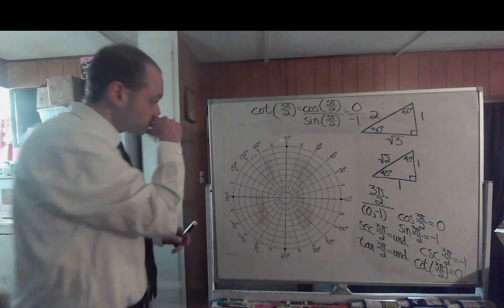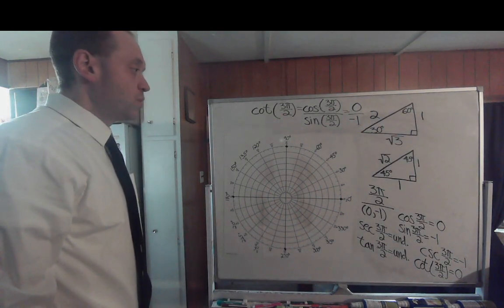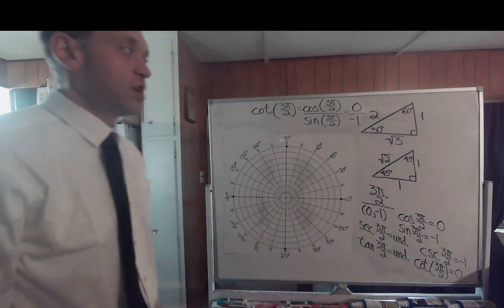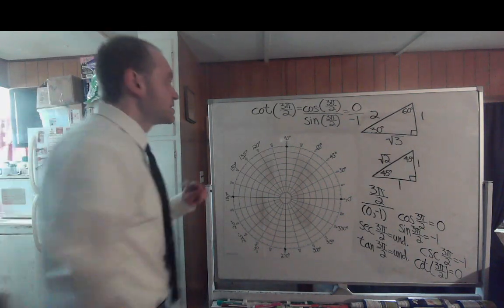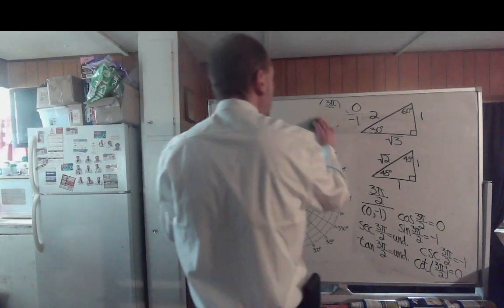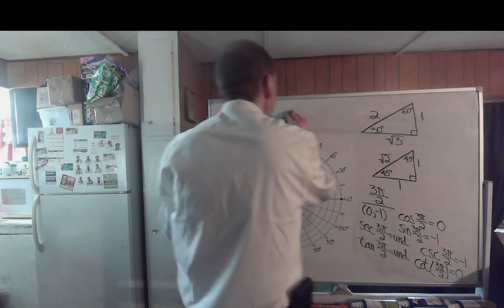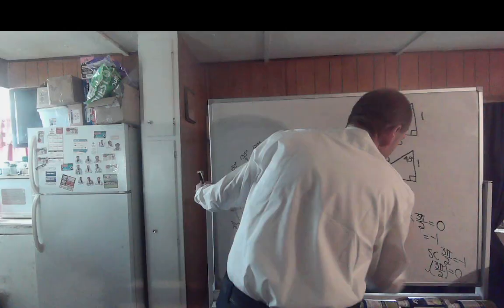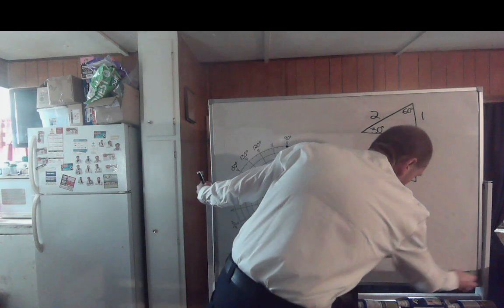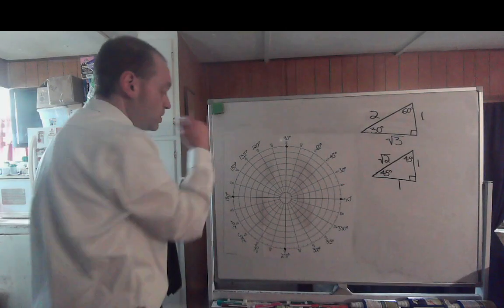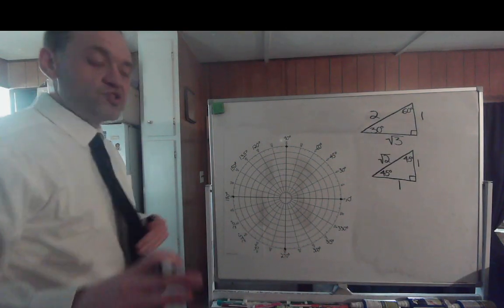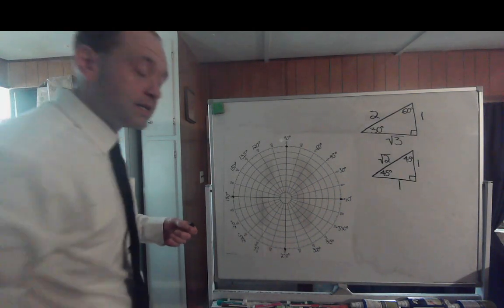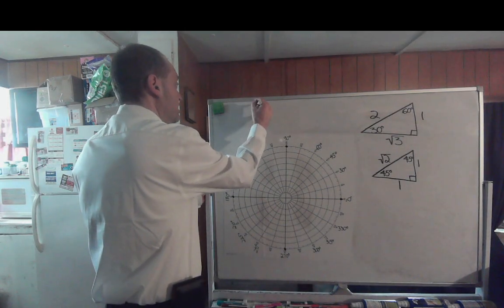Now, you're probably wondering, so where do these 45, 45, 90, and 30, 60, 90 triangles come in? I'm glad you asked. I'm very glad you asked that, because we're about to cover all the other special angles. So, you may remember from geometry or any other previous trig experience, if you had it, you might remember the saying,